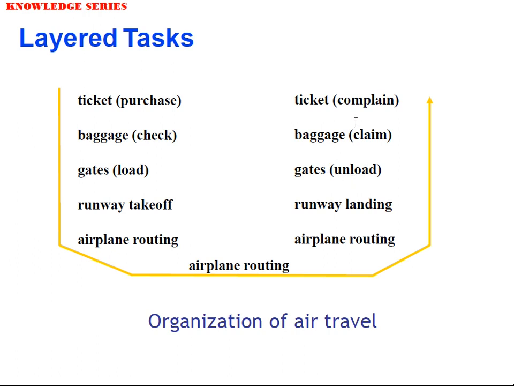These baggages reach you through the conveyor, and there you claim your baggage. Because at the starting point your baggage was checked and stamped, when you claim it you have to show the proof, and thereby you get the bag. Finally you have to come out of the airport, so you have to show a certain reference or the ticket reference, so that you are confirmed to exit. Thereby you reach the destination.